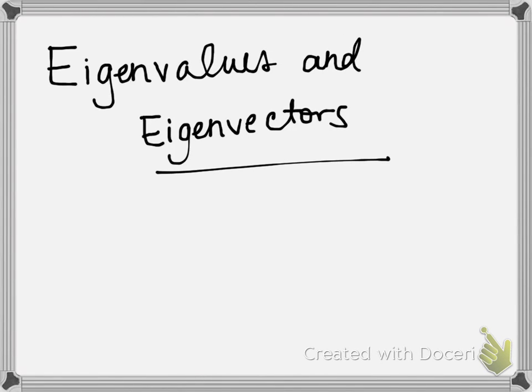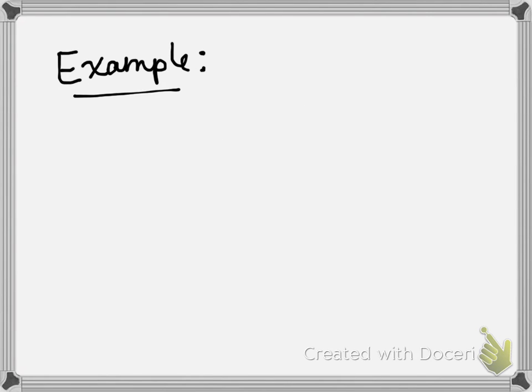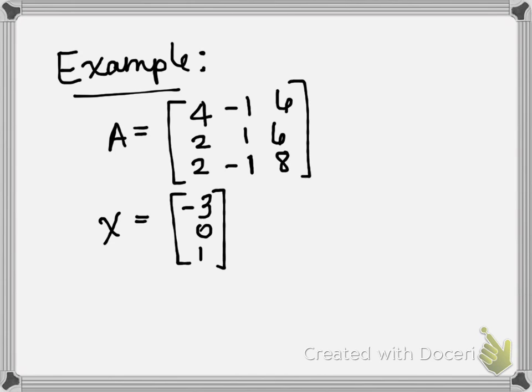Hello, I'm going to go over some basics of eigenvalues and eigenvectors and also try to give you some sense of why we might be interested in them, if you're not already aware of why we'd be interested in the first place. So let's start with an example. We're going to take A to be this 3 by 3 matrix and X to be this 3 by 1